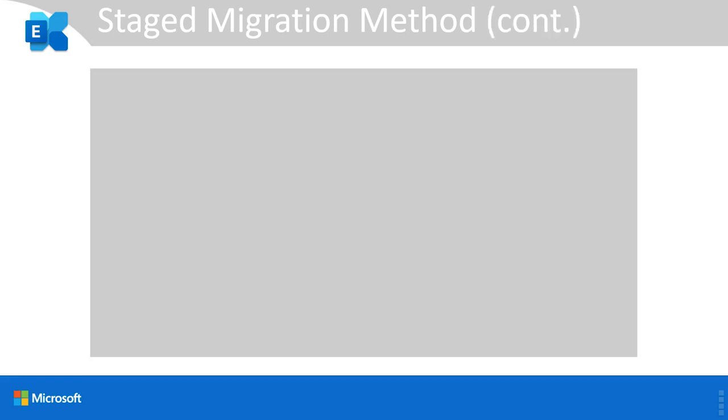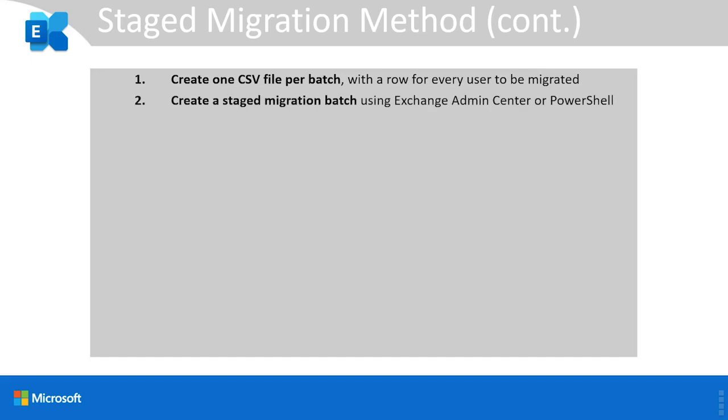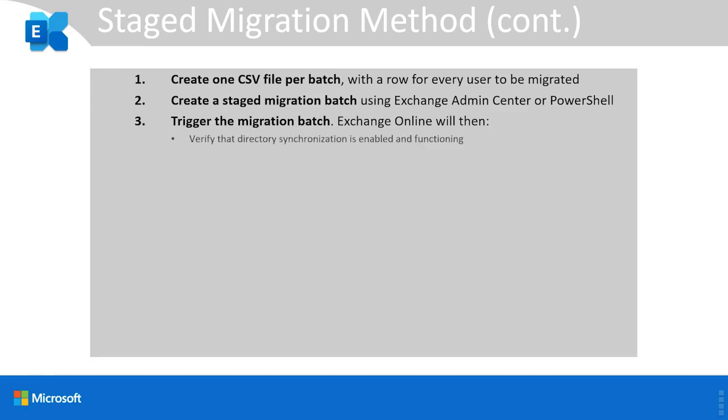And here's a high-level summary of the staged migration method. Start by creating one CSV file per batch with a row for every user to be migrated. Then, create a staged migration batch using the Exchange Admin Center or PowerShell. Trigger the migration batch. Exchange Online will then verify that directory synchronization is enabled and functioning, verify that a mail-enabled